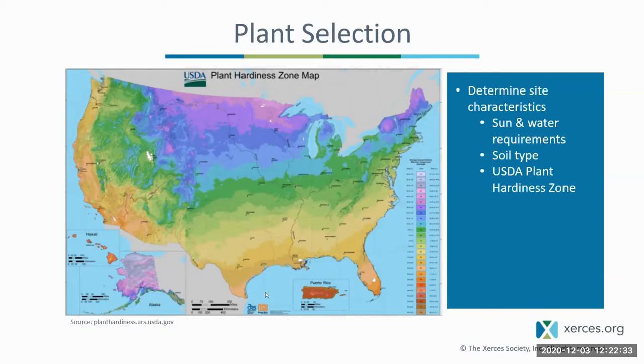Consider the soil type of the area you're wanting to plant. And then also really importantly here in the Northern Great Plains is to consider the USDA plant hardiness zone. And here is the link for where you can find this map. It's just really important, again, in our harsh winters, that the plants that you choose can overwinter and survive our winters. Focus on native perennial plants. We have some great native annual plants as well, but perennial plants will come back year after year, which is